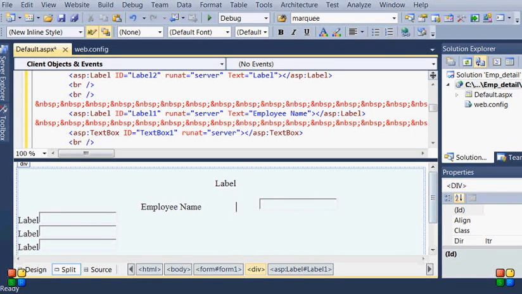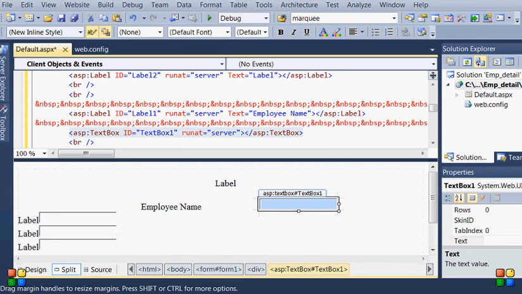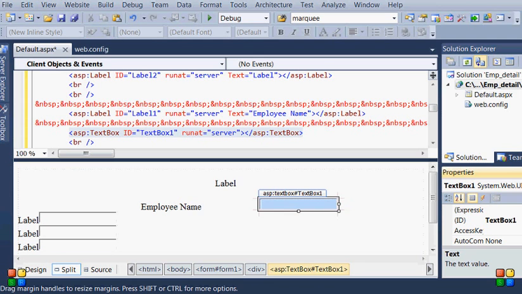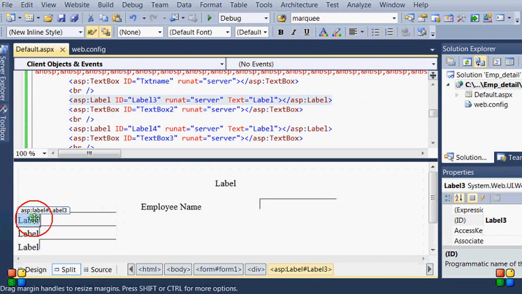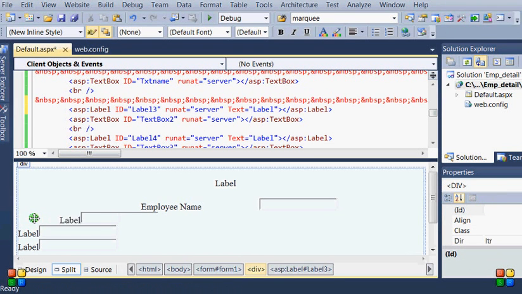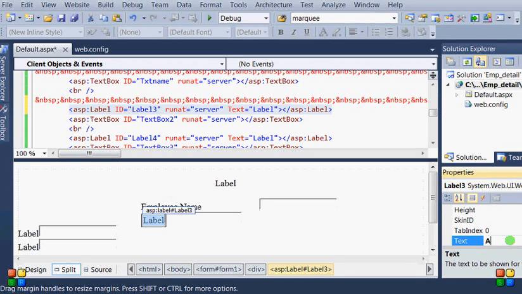Text also, change its ID. You have a text box, have ID, txt name. Now similarly we have to change the ID and values of labels. Here label address.